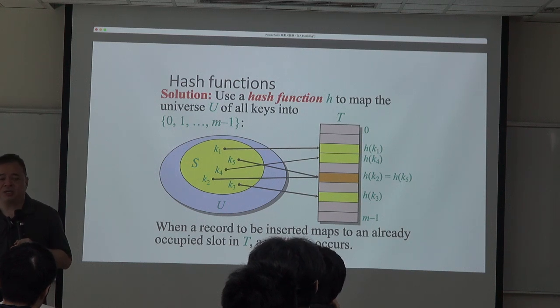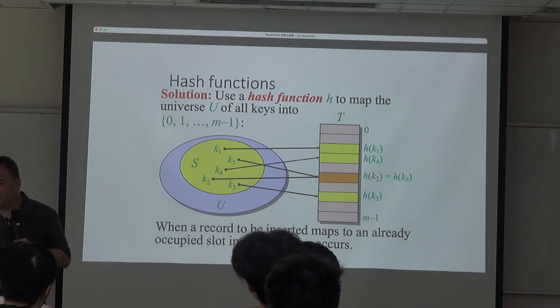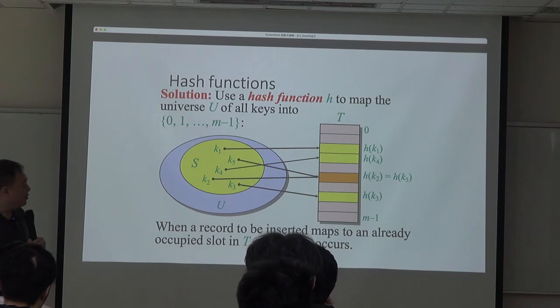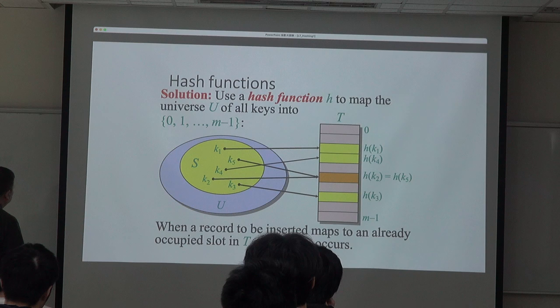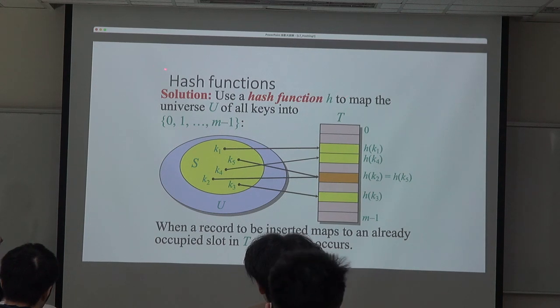There will be no record whatsoever in that array, right? So to make your array more cost effective, we usually use a hash function